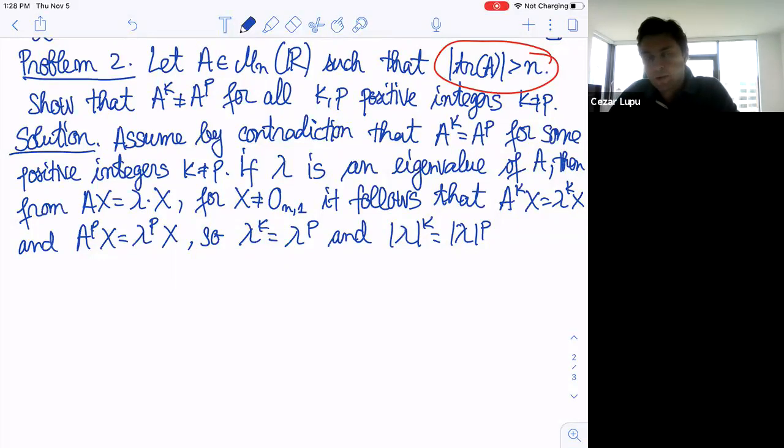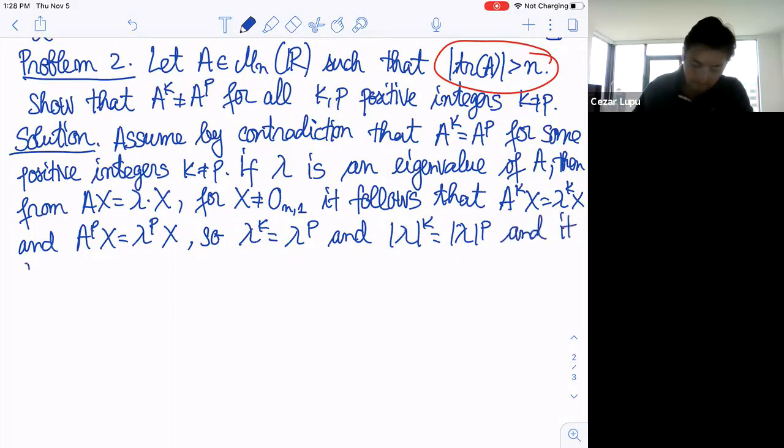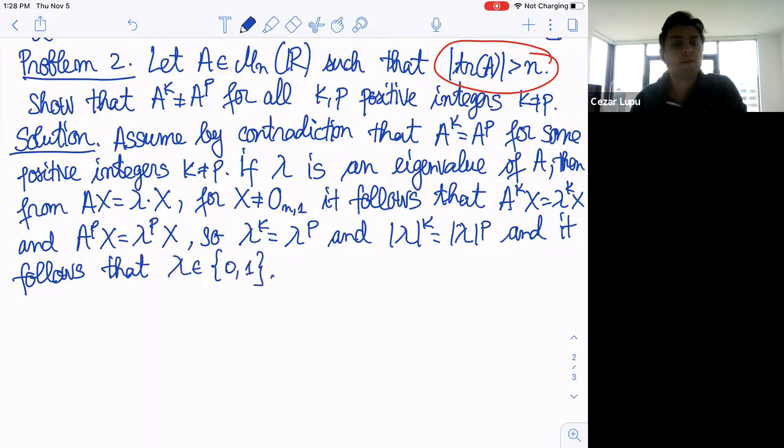So what does this mean? This means that you have only two options. And it follows that this will give us that lambda has only these possibilities, 0 and 1. That's it. But now, since lambda is between 0 and 1,